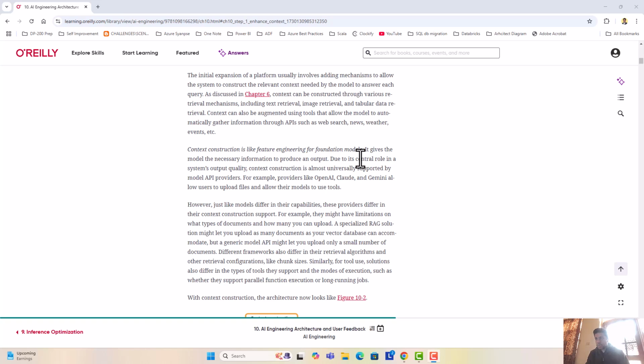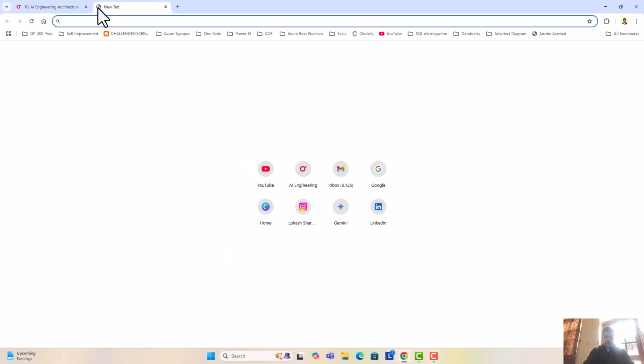Context construction is passing the input data to LLM. Okay, so maybe when you're doing the context construction, there could be some features that you might need to generate at runtime or real time, and that's why they're calling it as similar to feature engineering. So maybe let's Gemini this. Let me open